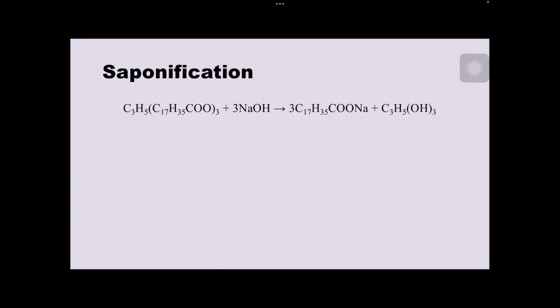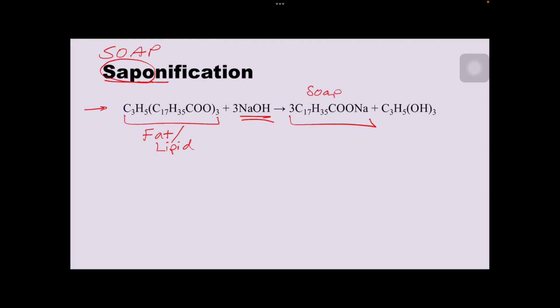The next type of organic reaction is called saponification. Now, saponification is a wild-looking reaction, but what you need to look at are the first four letters here. If I rearrange the first four letters in saponification, I get the word soap. Saponification is the process by which a very large molecule, a fat or a lipid molecule, reacts in the presence of a base, and it produces what is known as a soap, and then a glycerol